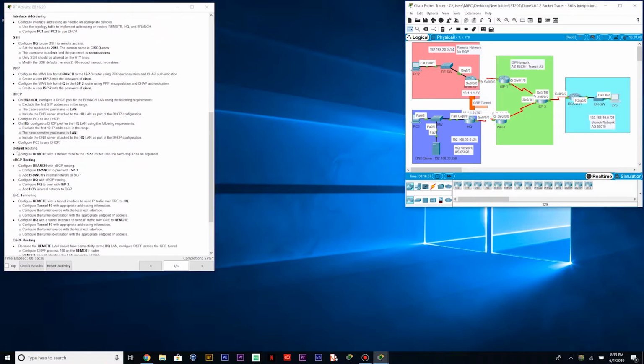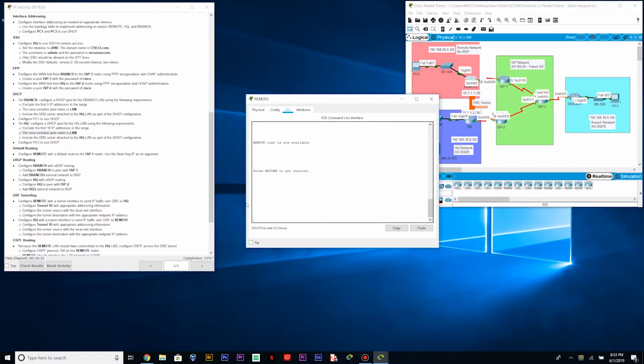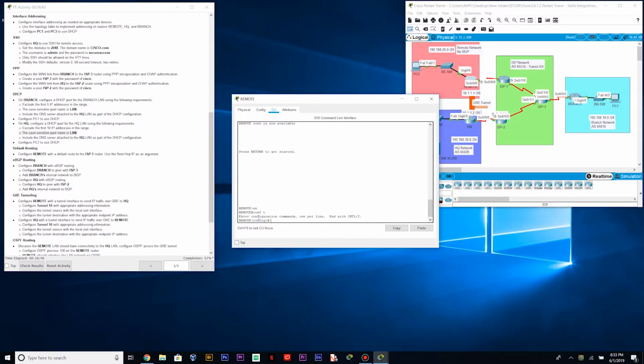All right. Default routing. Configure remote with the default route to the ISP1. Use the next hop IP address as an argument, okay? So I'm going to go ahead and go to my remote router. All right, and so we want to enable routing with the IP routing command. All right, so IP routing, IP route 0.0.0.0 0.0.0.0,